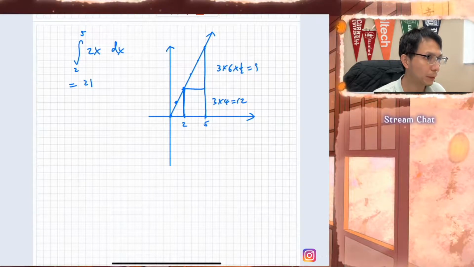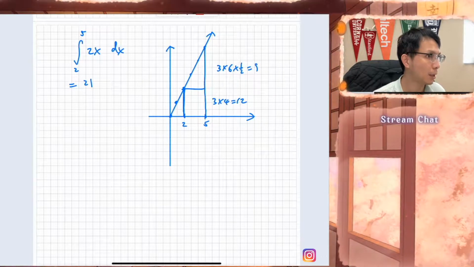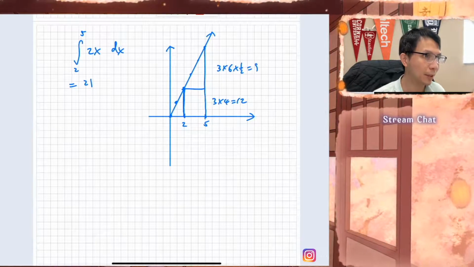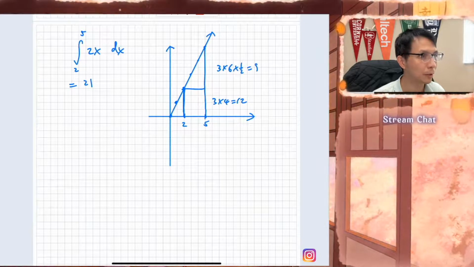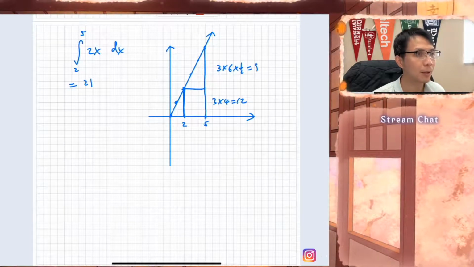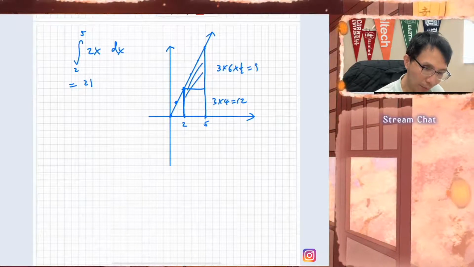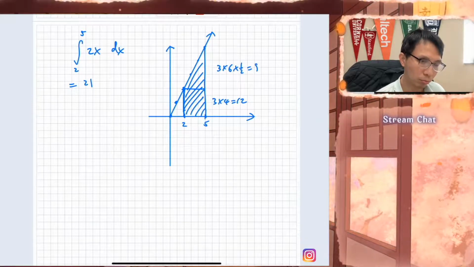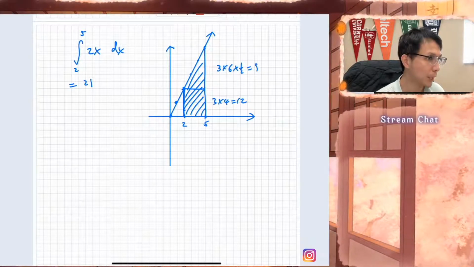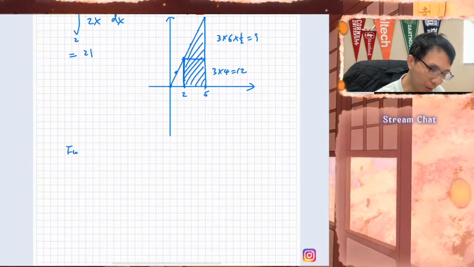But what if the function is not a straight line? That becomes a difficult part, right? If it's a parabola, then obviously it's not going to work because a parabola has a curve. It's not a triangle. It's not a circle. It's not a semicircle or quarter circle. It could be any of those functions. It could be a sine function. It could be anything. So what if that's the case? Well, then we have to know what the fundamental